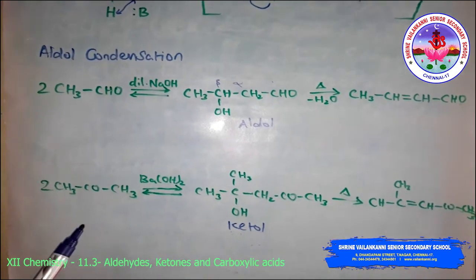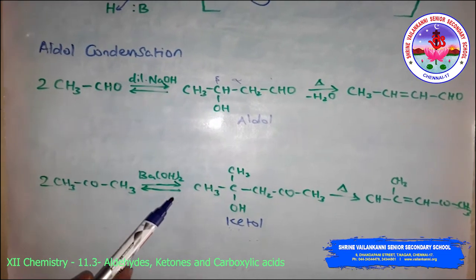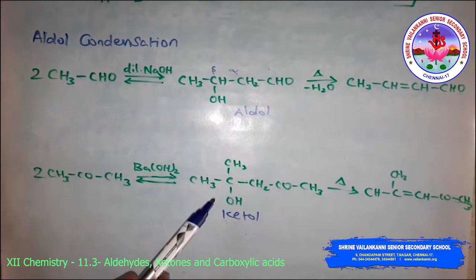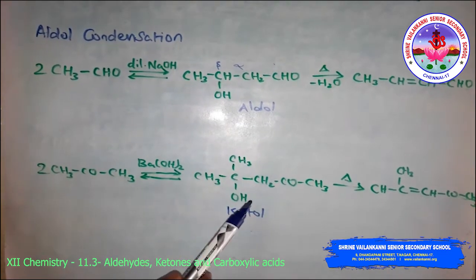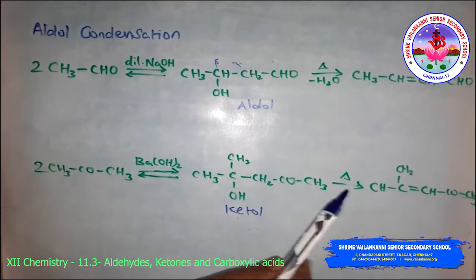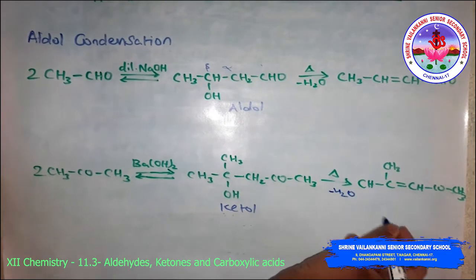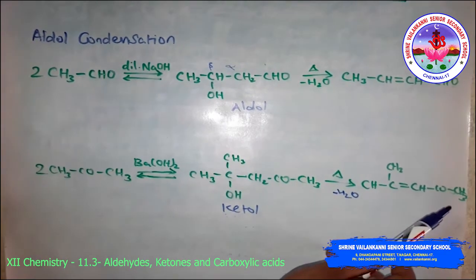This is for aldehyde, and this is for ketone. In the presence of barium hydroxide it forms ketol, and the product name is 4-hydroxy 4-methyl pentan-2-one. And on further heating, loss of a water molecule forms the aldol condensation product, that is 4-methyl pent